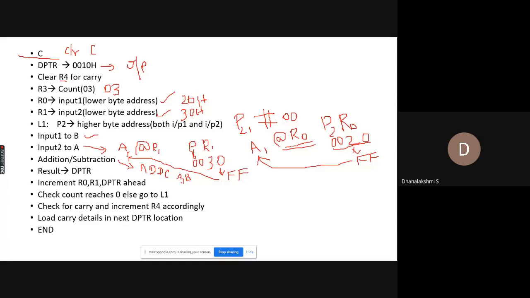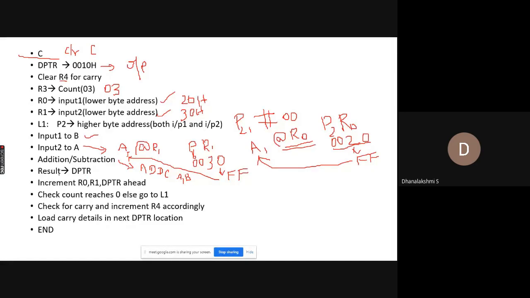Okay, so now if you are having any carry, in that case your carry gets incremented by 1. So if the carry is incremented, that will be added with the next addition. In the next iteration, that carry flag will be added with A and B. As far as the first iteration is concerned, your carry flag is clear. So there is no doubt that only your A and B will get added. So there is a chance of mistake there. Okay, so now your result is with accumulator.